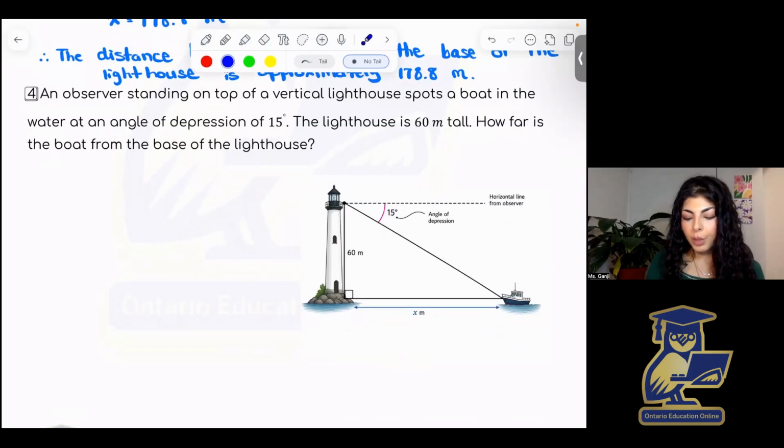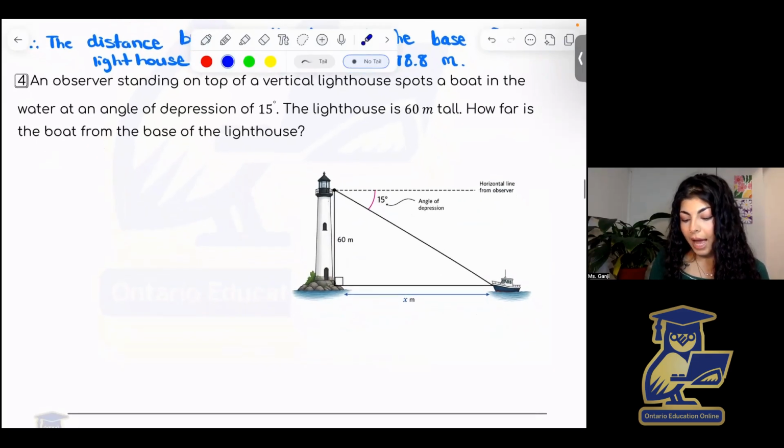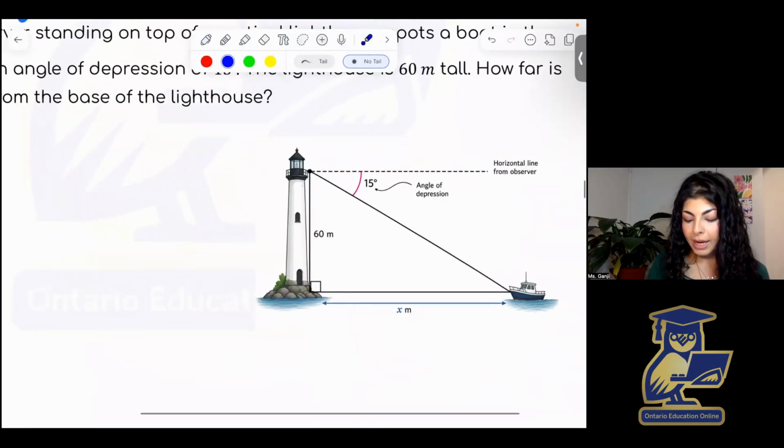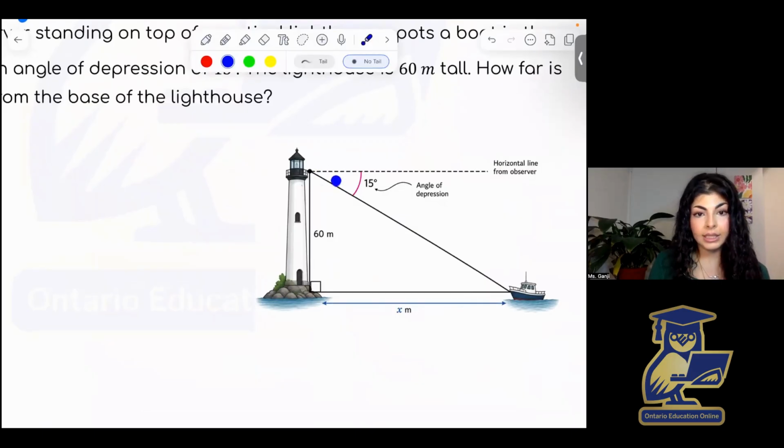And we are told the lighthouse is 60 meters tall, and we want to know how far, again, the boat is from the base of the lighthouse. Now, with this diagram here, as you can see, I don't actually right away have any of the angles except for the right angle. I don't have either of these two angles within this triangle that's formed. But I do know that this is a 90-degree angle, so knowing that this is 15,